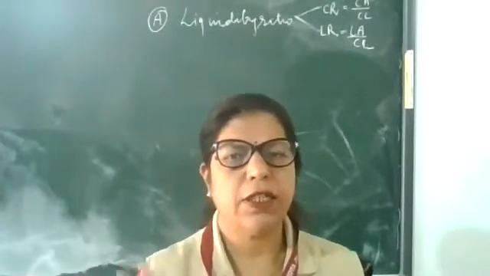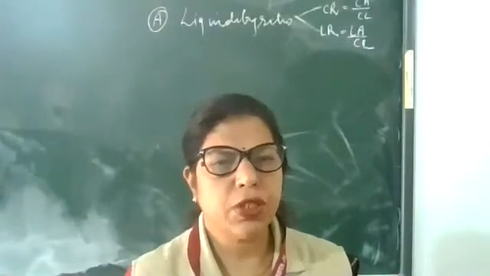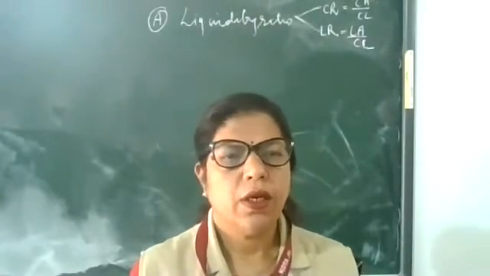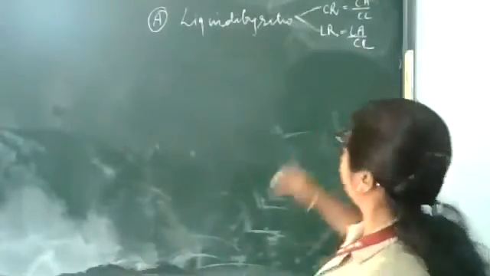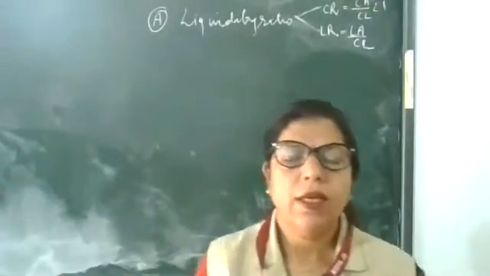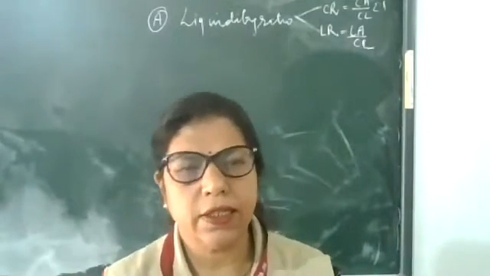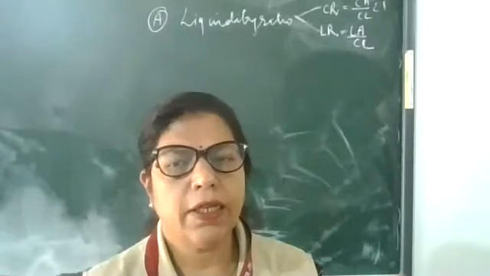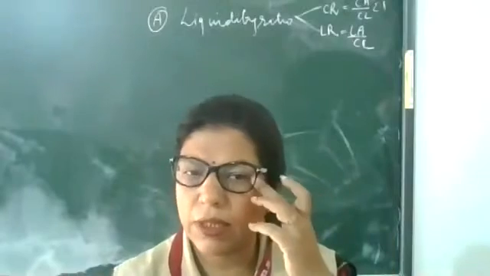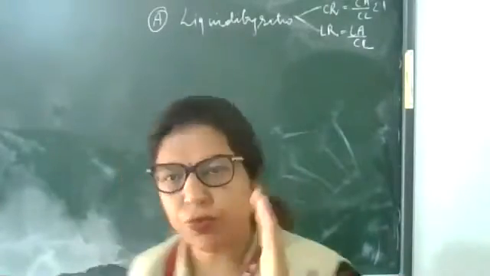It is classified in two parts. Current ratio, which shows the relationship between current asset and current liabilities, and the ideal current ratio is 2:1. And liquid ratio shows the relationship between liquid asset and current liabilities. The liquid ratio, or acid test ratio, or quick ratio, there are various names of it. So the ideal liquid ratio is 1:1.